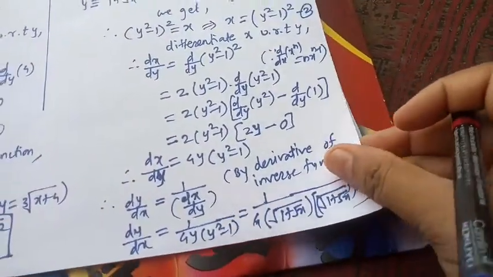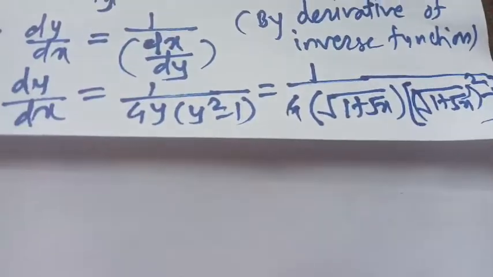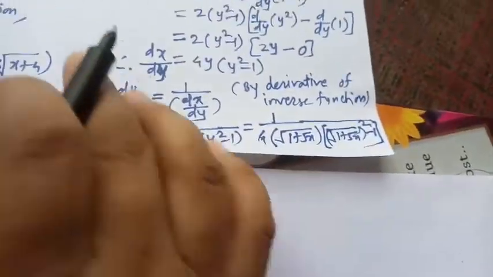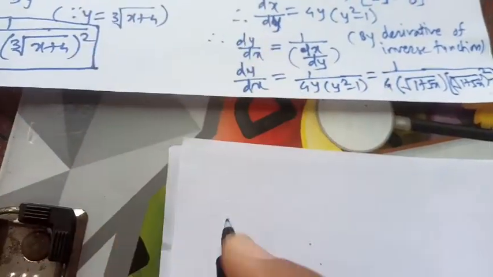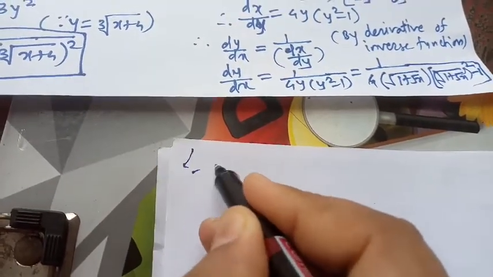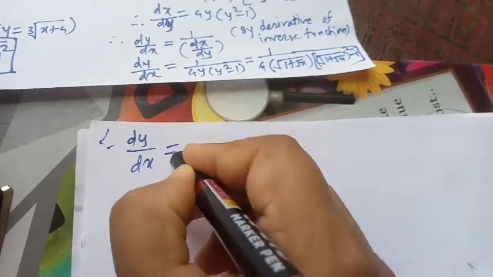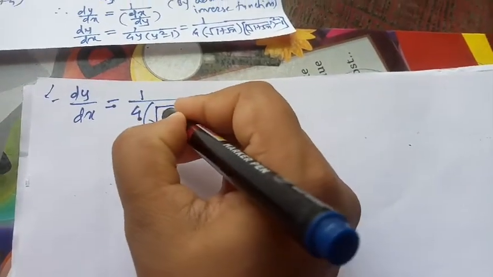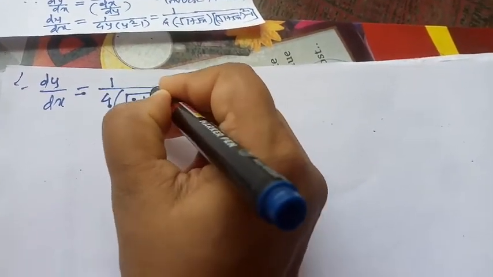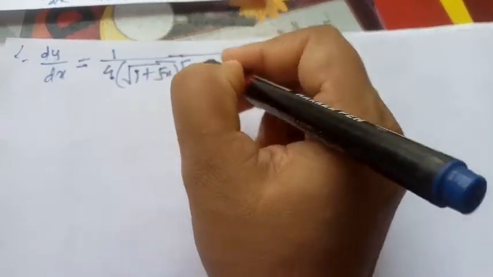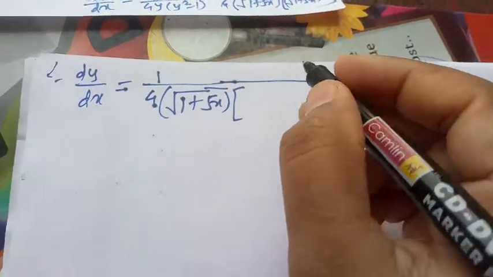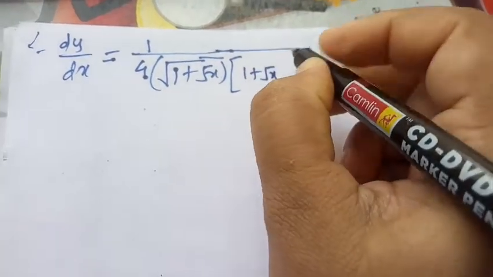Now this value can be written as dy by dx is equal to one upon 4 in root 1 plus root x, in bracket square of this root 1 plus root x, that is we will get 1 plus root x